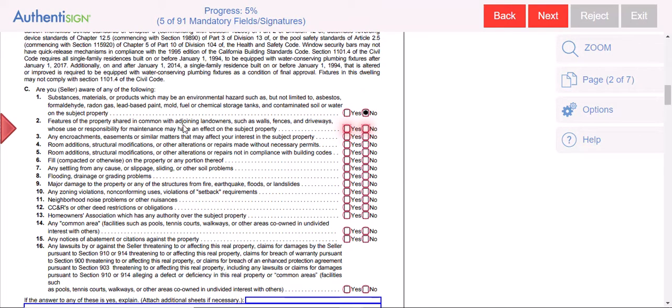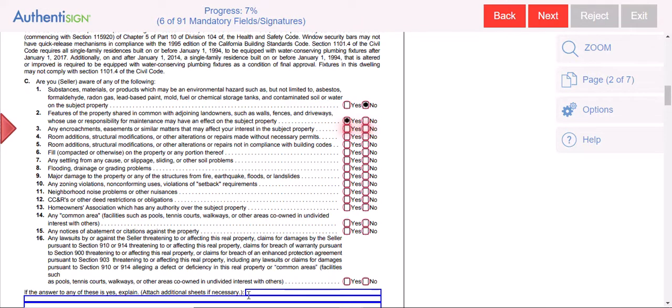Features of the property shared in common with adjoining landowners. Most people are going to have yes for this question, especially if you're part of an HOA. Even if you're a single family home, more than likely you have a wall shared with neighbors. So I'm going to say yes, and I'm going to come down here and I'm going to say C2. Exterior fences shared with